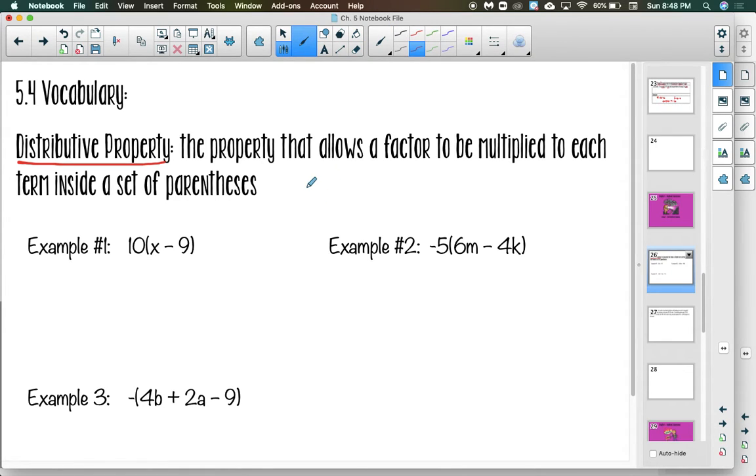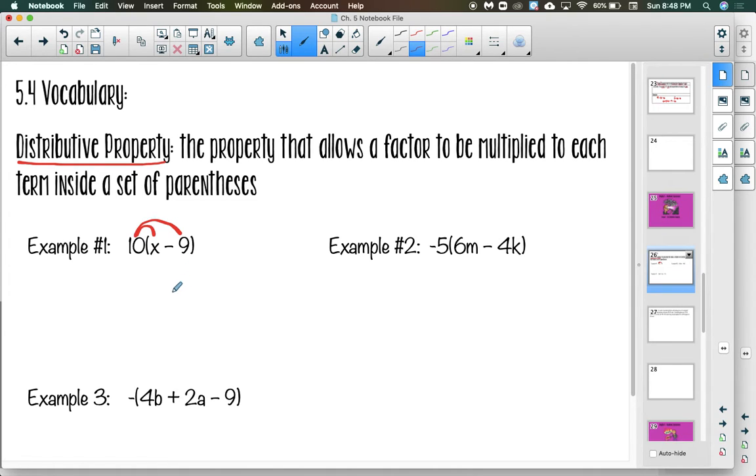And you may ask, well, why would we want to do that? Why can't we just follow the order of operations? Well, in some cases, we could do it either way. We could follow the order of operations, we can subtract the terms or add the terms inside the parentheses, and then multiply later. But in a case like this, we can't take x minus 9. They're not like terms. We can't subtract them. So the only way we can simplify this expression is to take our 10 and multiply it to both terms